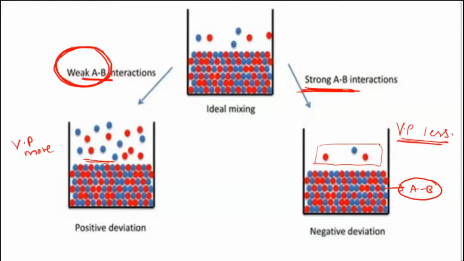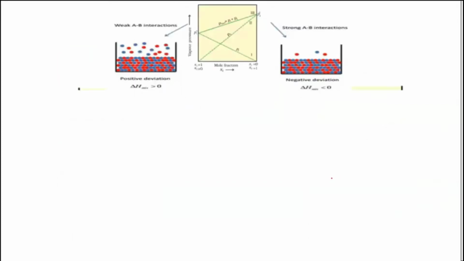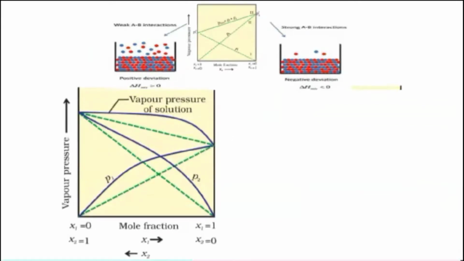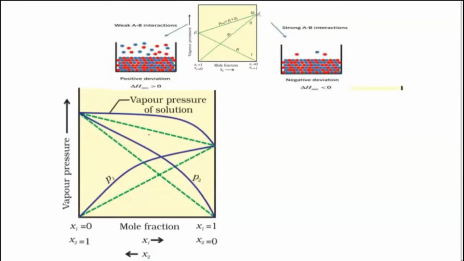And then when you draw the graph, ideal behavior will give you a straight line. With respect to that, since you have seen that vapor pressure is higher, everywhere you will see that the overall vapor pressure of this solution is going to be greater than the original one. The original was this, whatever we were expecting for ideal condition, but now this is not ideal behavior.